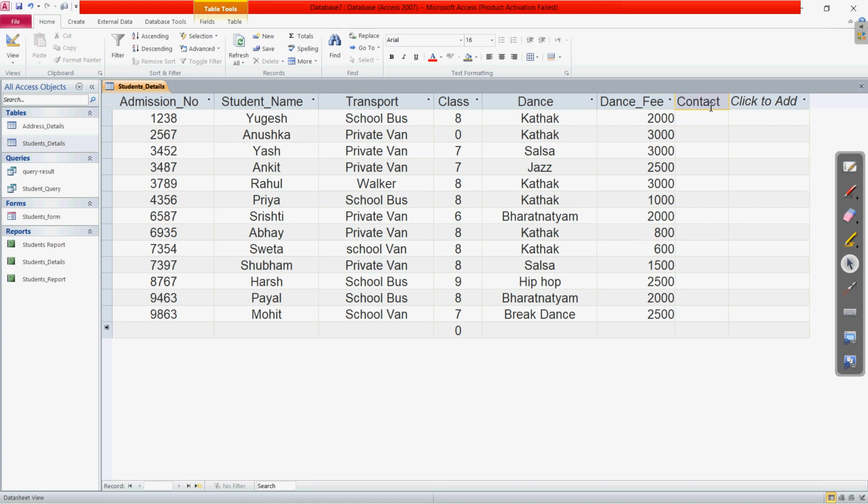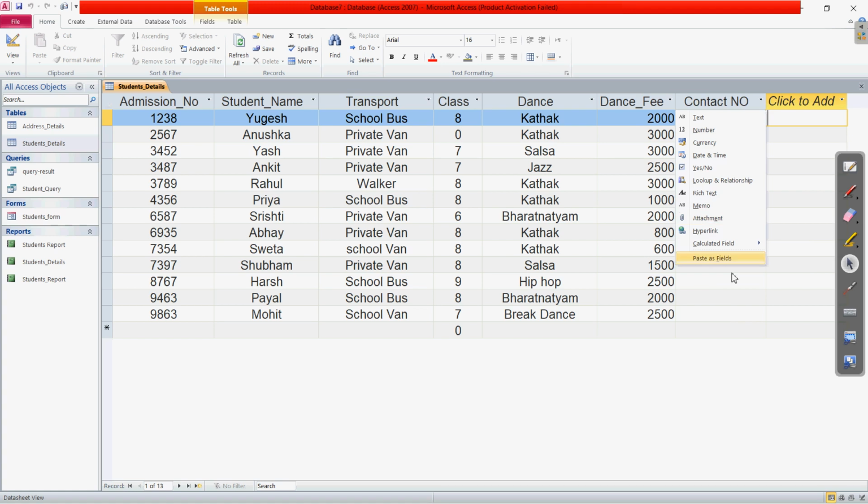Clear? So suppose we want contact number to be present here. Okay, so here after writing this, if we want to adjust the width of that, we can drag this from this edge and we can adjust the width and position of these. Clear?